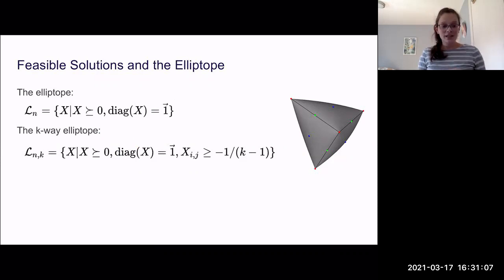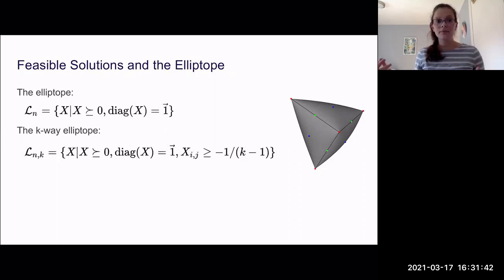So now that I've set up why we might want to think about this kind of rounding for the semi-definite program, we have to think about what these vectors or matrices informing the next round actually look like. We're first going to take a look at the underlying feasible solutions, the underlying matrices, and then think about how this map performs over time, and what can happen when we do this procedure.